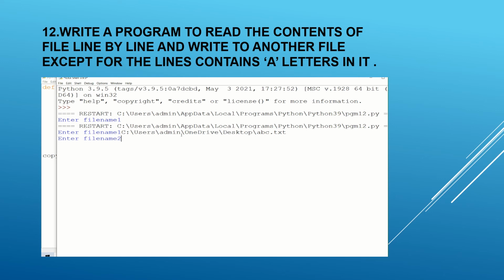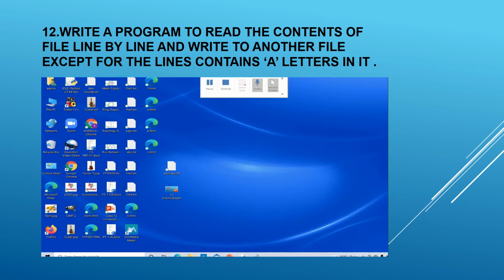Let's check. And the second file also the same way, file2.txt. Let's check what is in the ABC file and what is getting copied to the other file.